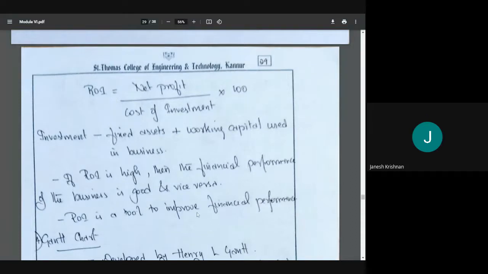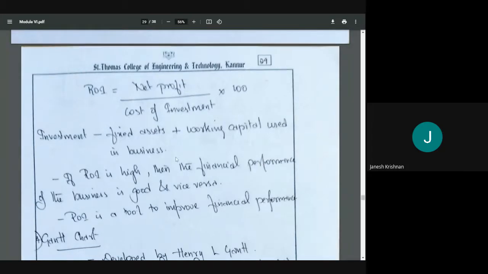I can take the example of maybe the past 5 years of ROI. If I am seeing a dip, if it is declining, then I need to make a correction quickly. Otherwise, my company would have to be shut down. If my ROI is increasing, so I know it is good, then I can make sure that my ROI keeps on increasing. So that is the third one, return on investment. The first one is the budget, the second one is the financial statement, the third one is return on investment.